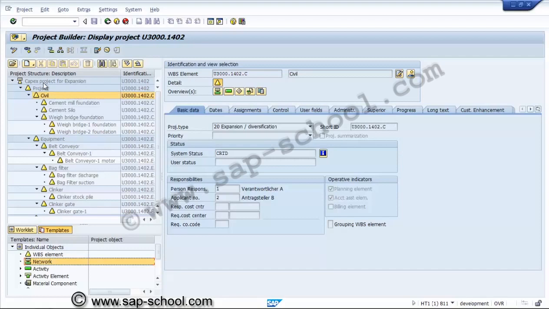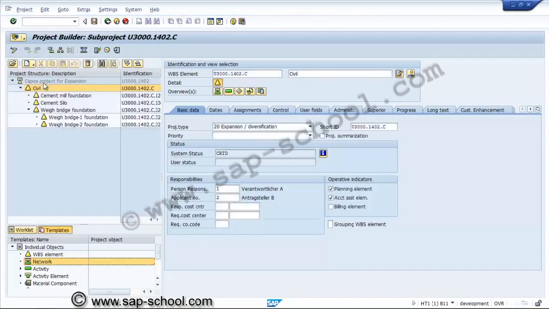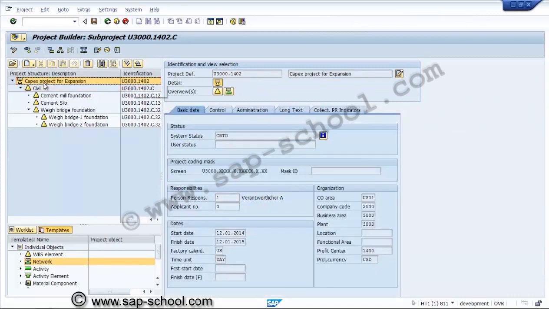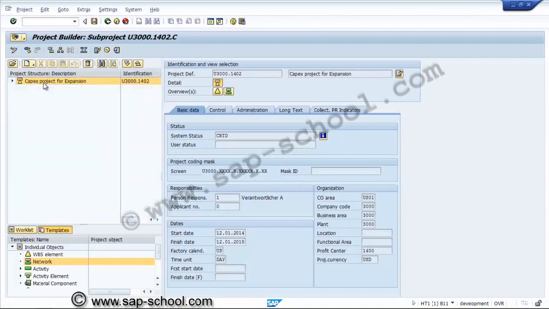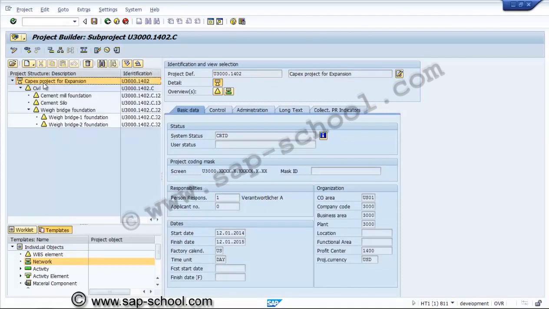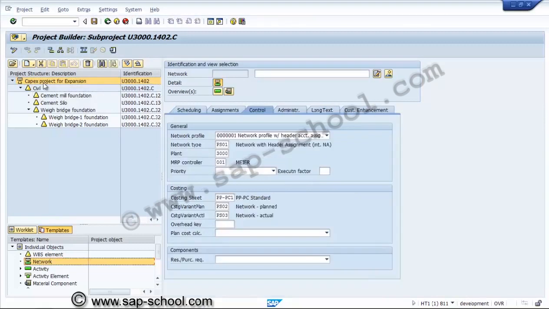Now the system will... we are creating a network and assigning it directly to civil. Here we have to mention the description, network for civil, automatically, and all the details have been taken from that WBS element.